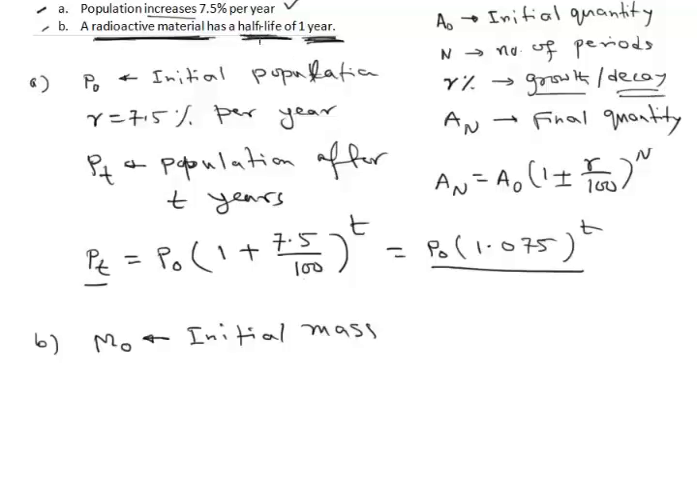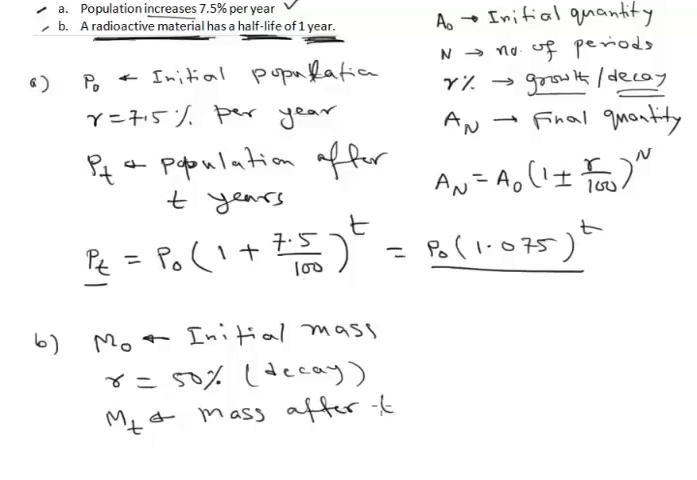And how much is it reducing? It is reducing to half. So the decay rate is 50%, because half means 50%. The decay rate is 50%, and it is a decay. Then if we define Mt as the mass after t years,